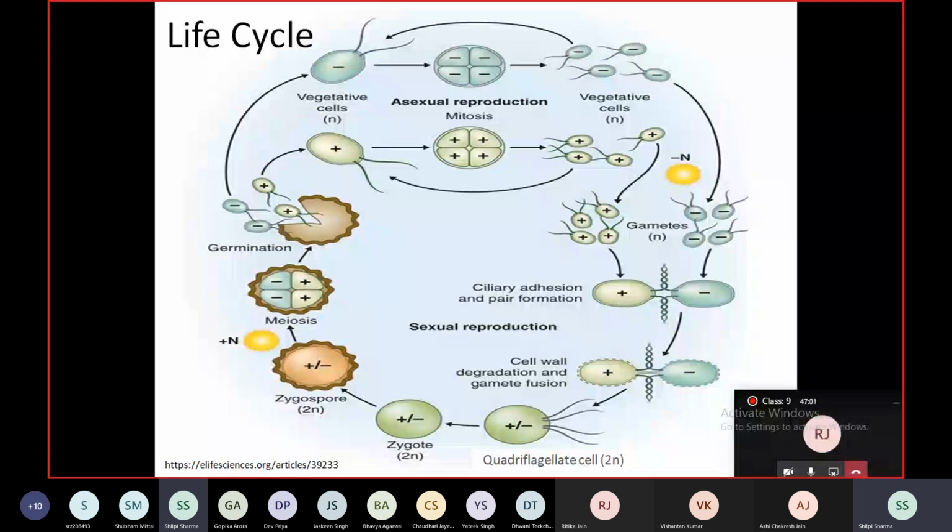Now, non-motile structures are formed in asexual reproduction in protists when there are some unfavorable conditions. So the non-motile structures could be, for example, aplanospores without these flagella. And if the conditions are still harsher or extremely unfavorable, then you have something called as hypnospores. Besides being non-motile, they have thick cell walls. The aplanospores and the hypnospores germinate when the conditions are favorable. Zoospores तो favorable conditions में ही produce होते हैं, so they immediately germinate.